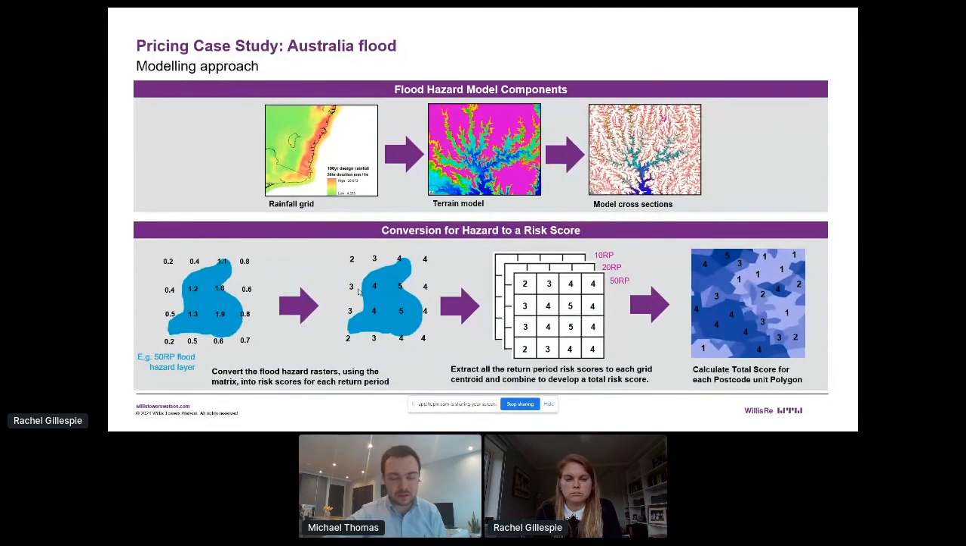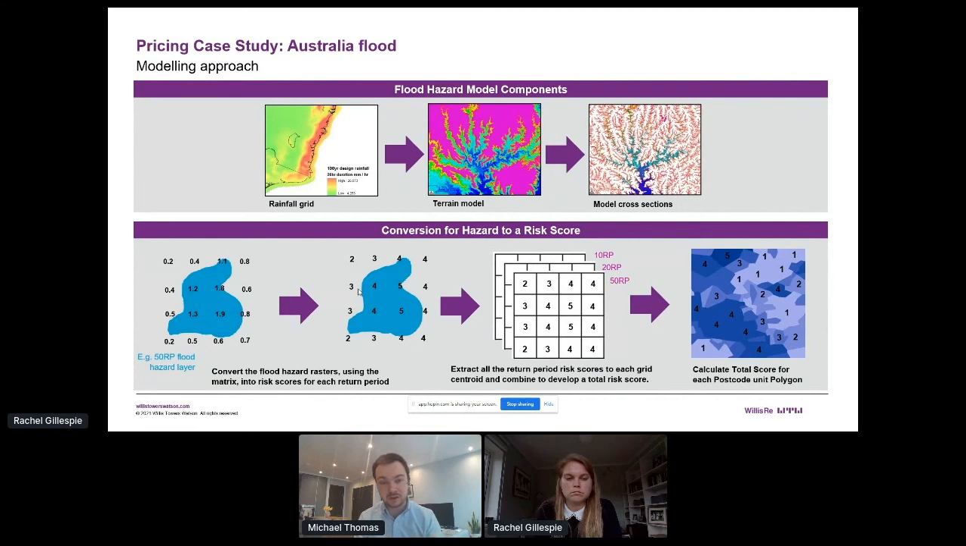And essentially, we work from the grid. Typically the flood hazard model that I was talking about just previously is on a grid level, typically a 5 meter to 30 meter resolution. We'd convert that using a risk matrix into risk scores. We'd do that for one return period, but then we'd do it for multiple return periods as well, because